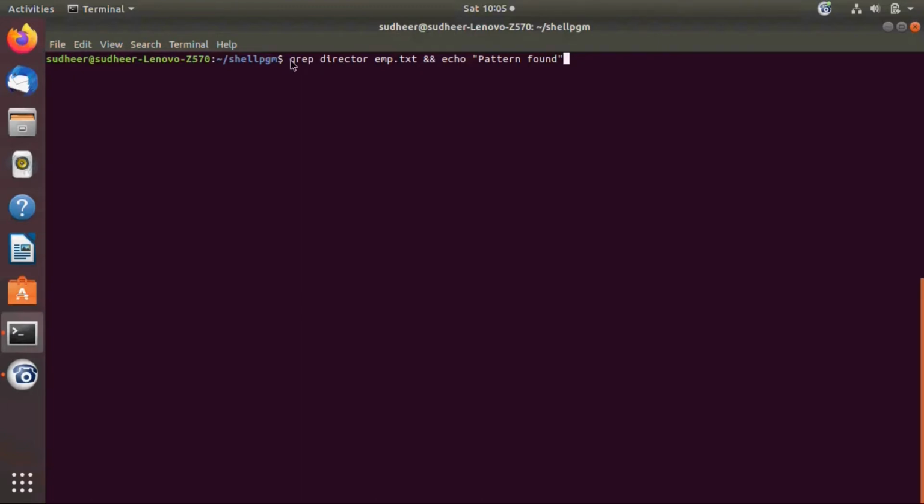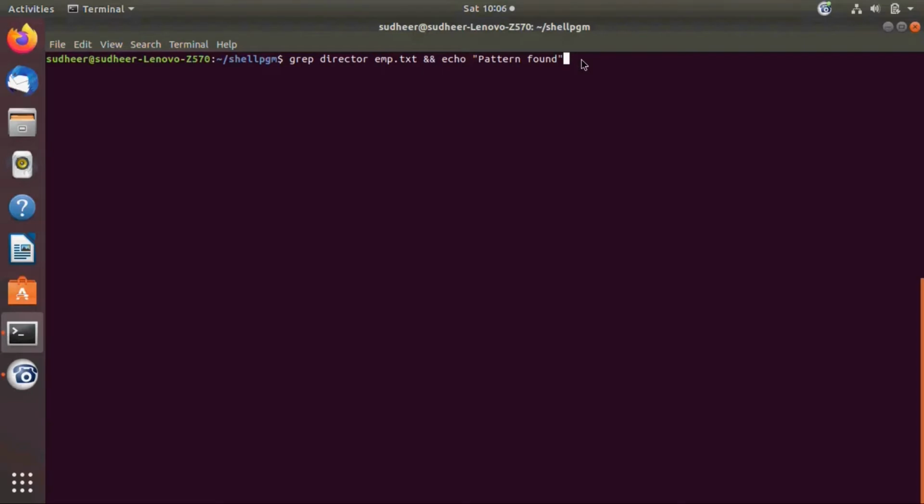Here there are two commands: command 1 is a grep command, command 2 displays a message using echo. When command 1 executes successfully in searching the pattern director from the file employee.txt, then the second command will get executed in logical AND. Otherwise the second command will not get executed.